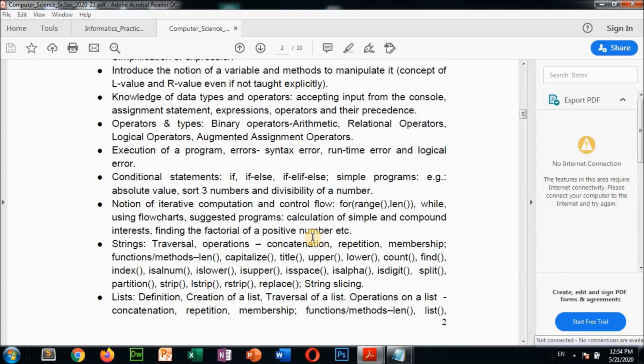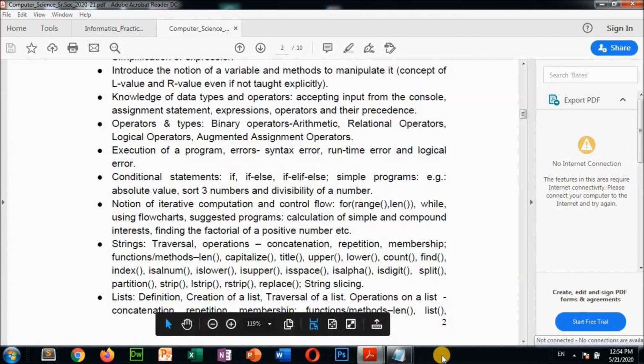So you have to practice by yourself. Sometime you can take to practice this program, but you have to understand the concept clearly. Okay, in the entire syllabus you have to know about the conditional statement and looping. This concept should be clear. So try to understand, try to clear your concept. If you have any doubt, then you can ask me. Okay, thank you, bye bye.